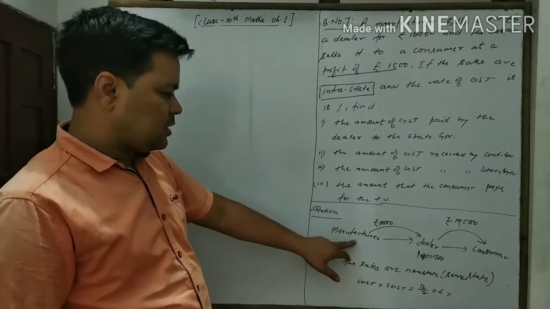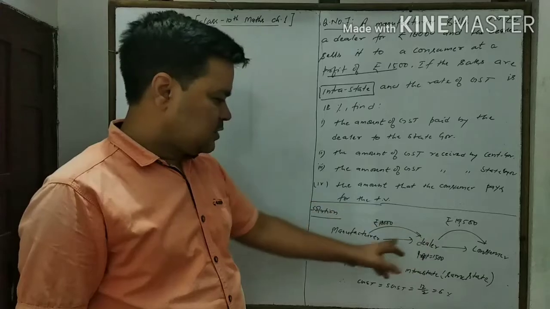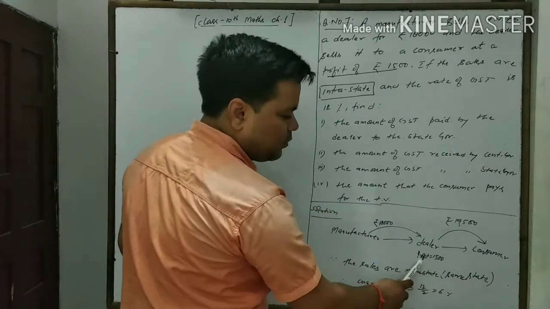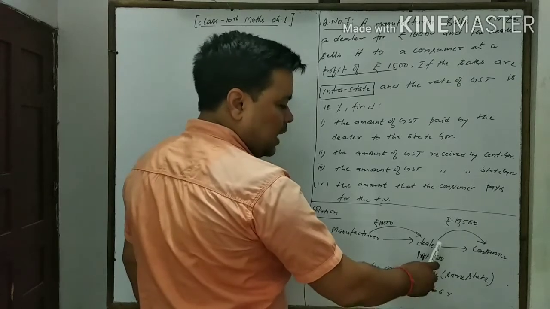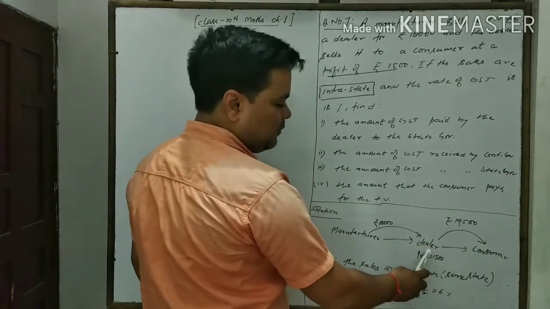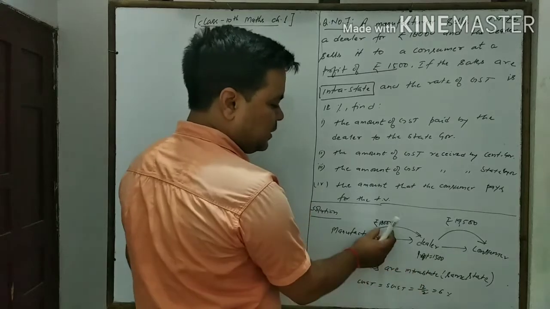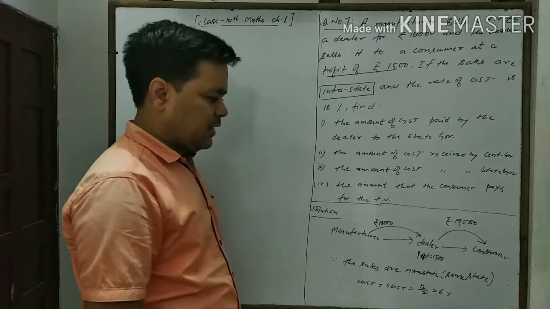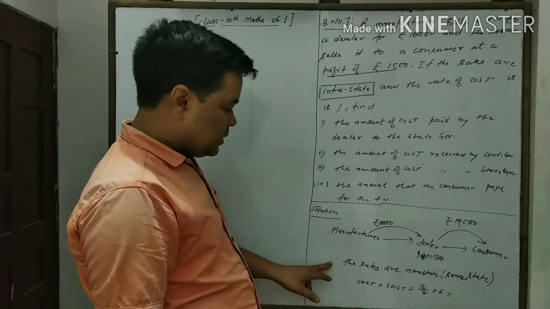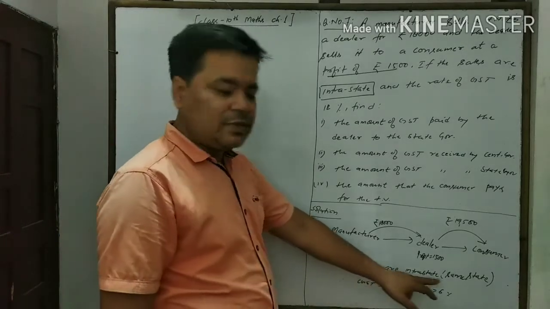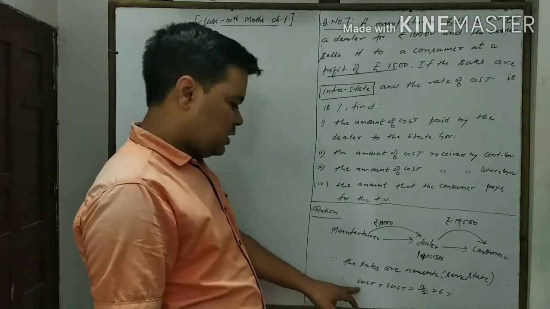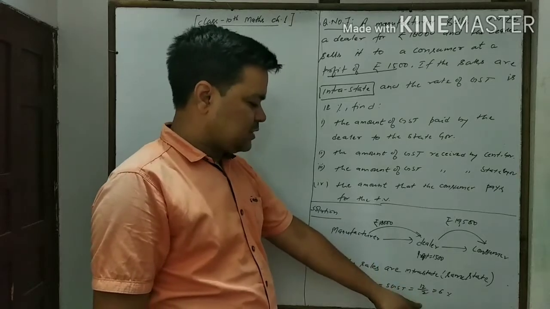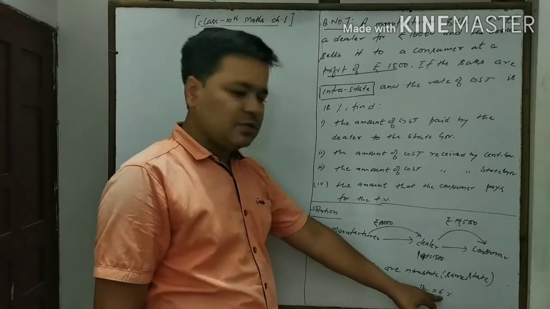The manufacturer sells to the dealer for 18,000 rupees, and the dealer takes a profit of 1500 rupees and then sells to the consumer. Therefore, the selling price of the dealer will be 18,000 plus profit 1500, which is 19,500. Since the sales are intra-state, CGST and SGST will be the same, equal to half of the GST, 12 by 2, which means 6%.